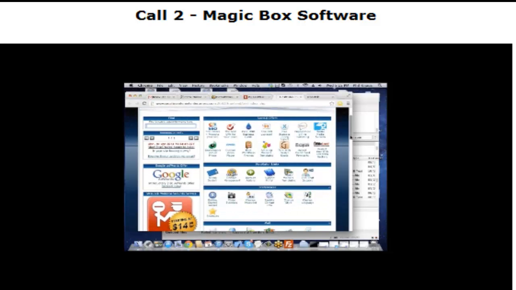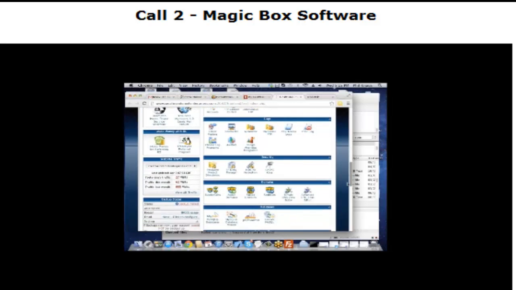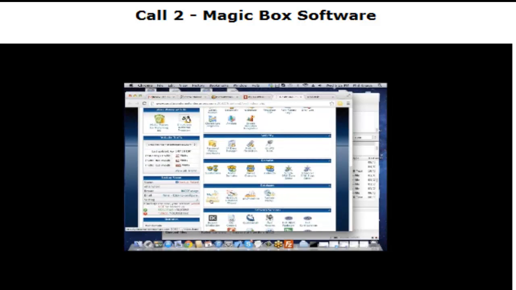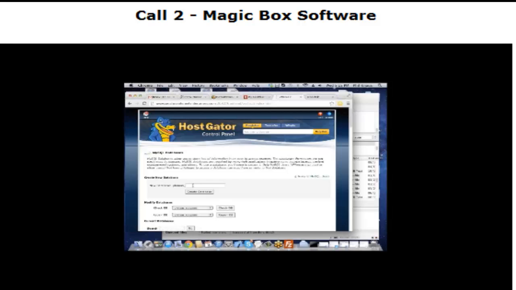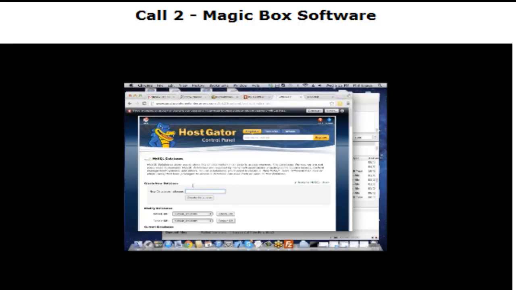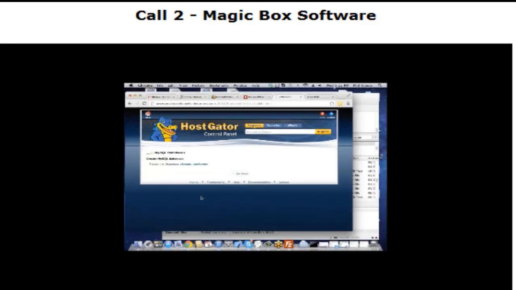But we can go ahead and start by creating a MySQL database. Scroll down to MySQL database and click on it, and then we'll come in here and we'll put in a new one, and we'll call it, let's see, this is custom. We'll just name it something. We'll call it custom MM, and then create a database. Now when you do that, what I like to do is go ahead and copy this into a file, and